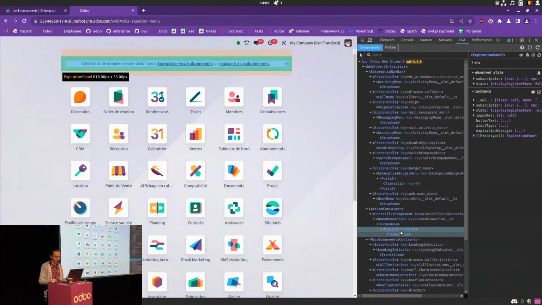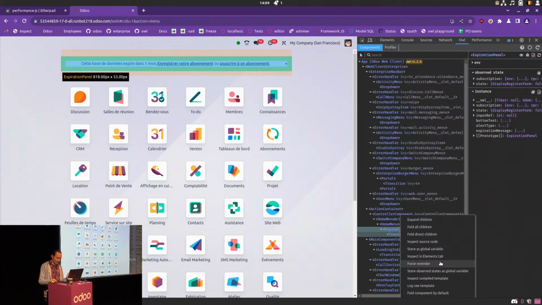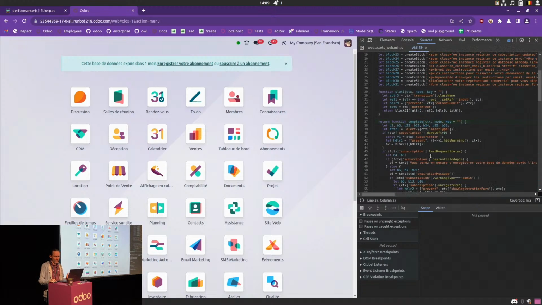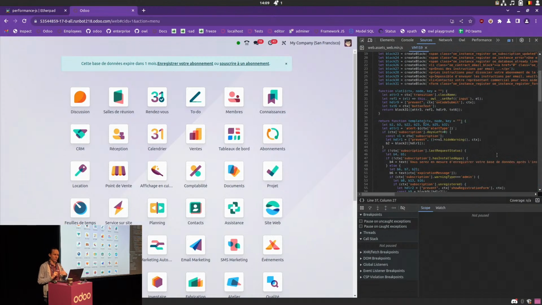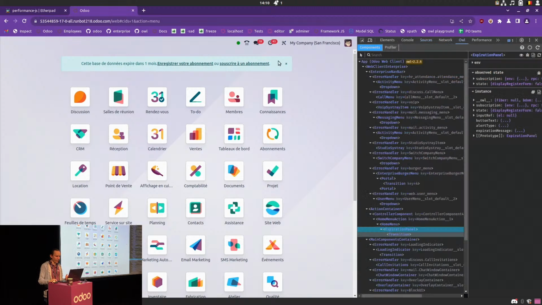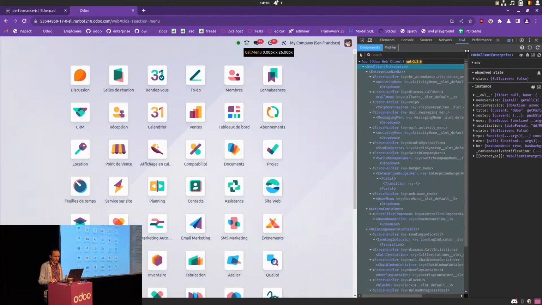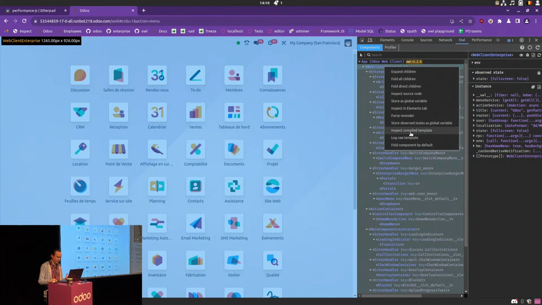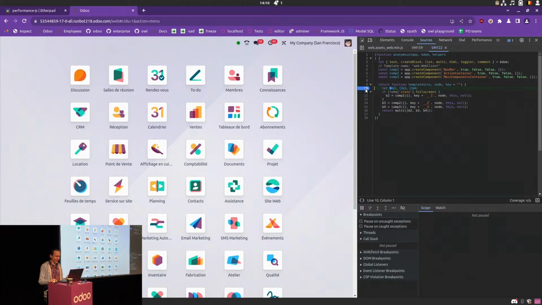And the one thing that's actually really hard to do without the Owl DevTools, it lets you inspect the compiled template. And so this is the JavaScript code that's emitted by OWL as the equivalent of the XML code that you wrote for the template of this component. And this is not that easy to read, but what's really nice about this is in the OWL DevTools, when components render, you can see that they flash in yellow. And so sometimes you have components that flash in yellow and you have no idea why. Well, what you can do is jump to the compiled template